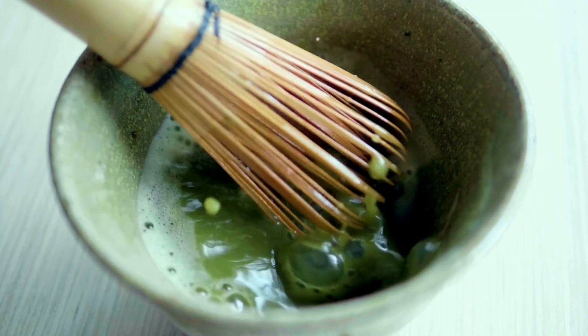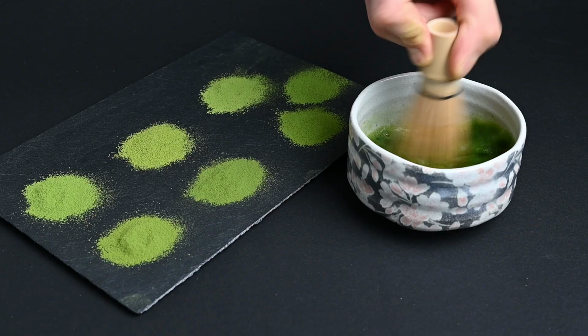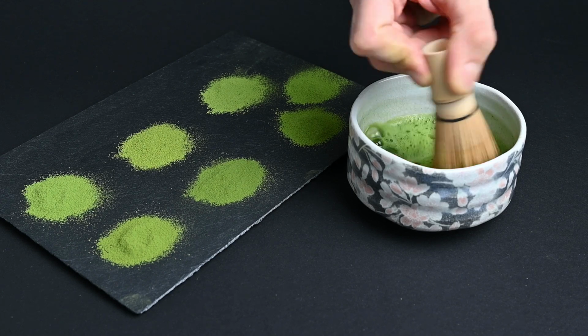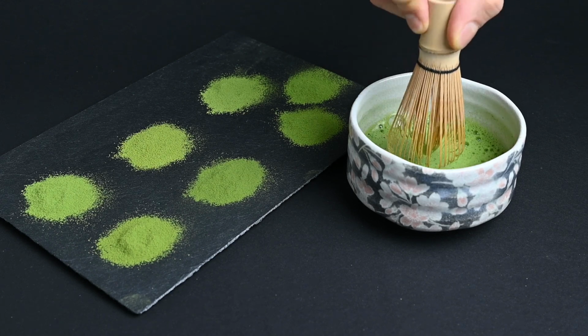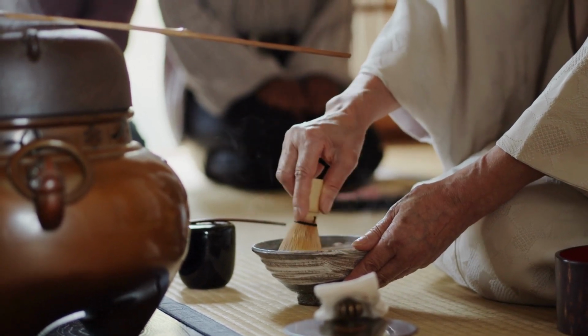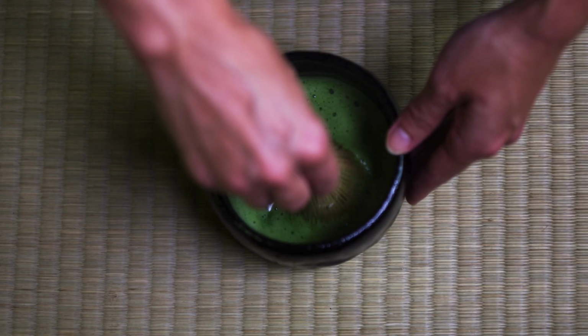Even though this bamboo matcha whisk is hundreds of years old, it's still the best tool for preparing matcha. In this episode, we're going to teach you everything you've ever wanted to know about the matcha whisk, the history of the matcha whisk, and how it's made. In the end, we'll also show you how to use the matcha whisk to create beautiful, foamy bowls of matcha